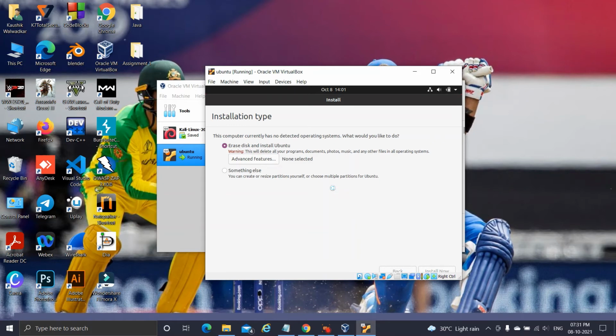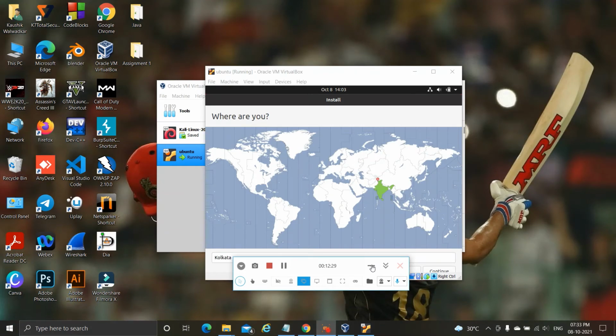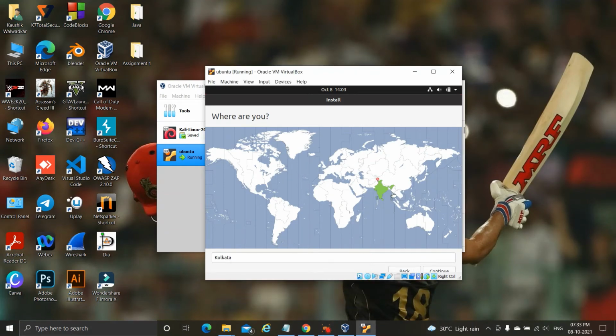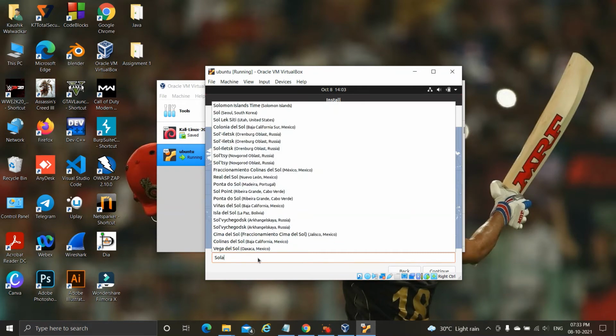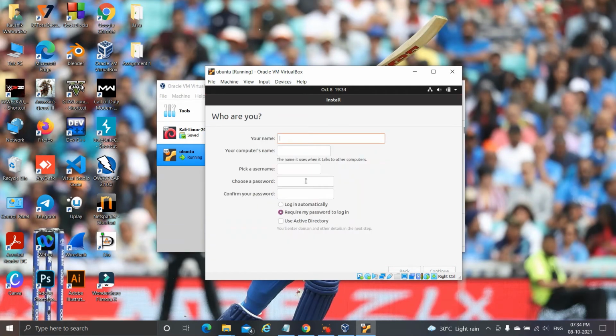After that, it will ask you to select your location. I am from Solapur, so I am entering Solapur here, and just click on continue. After that, it will ask you to enter your name. You can edit the hyphen virtualbox option from here by deleting this.